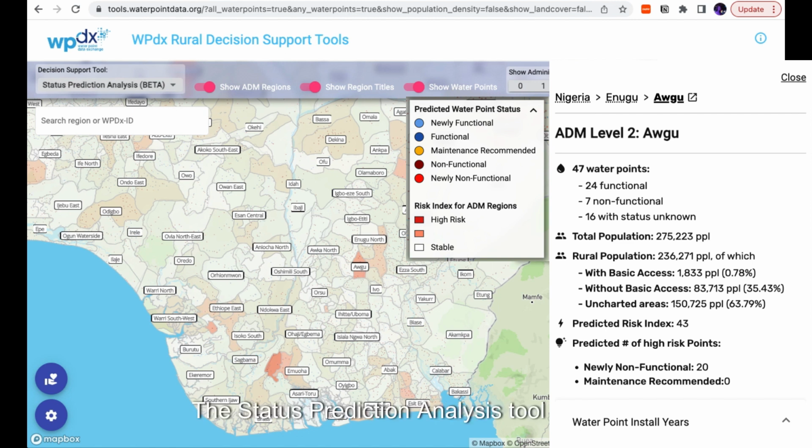The Status Prediction Analysis tool can be used to highlight areas which may need additional resource allocation for preventative maintenance and/or increased monitoring efforts to sustain existing services. The tool remains in beta status as we continue to work with our partner, DataRobot, on testing and improving the tool. We will share updates on the tool on the WPdx news site at this link,